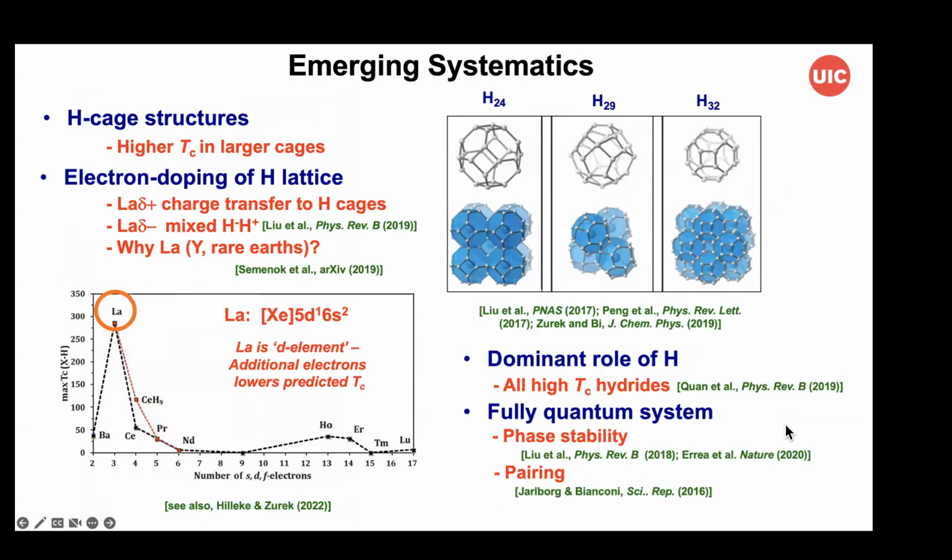A lot of this work has been done by Eva Zurek and her group, looking at all the systematics in these various systems, based largely on theory, but where we can compare with the available experiments. There's fairly good agreement for the binaries. These are electron doped hydrogen lattices where there's charge transfer from the heavy metal to the sublattice, which consists of these cages, H24, H29, H32 cages, and the systematics that also emerges is that we have the highest TCs for lanthanum